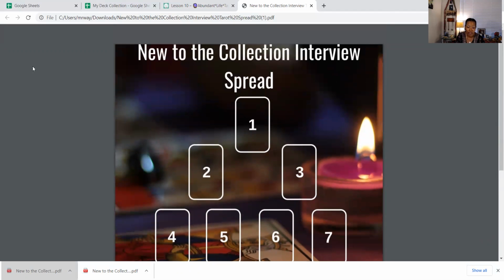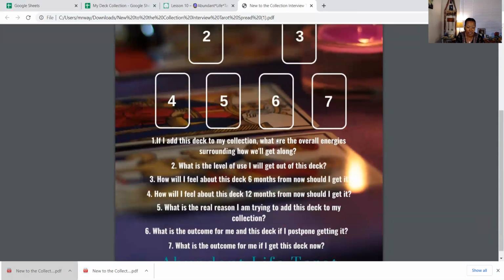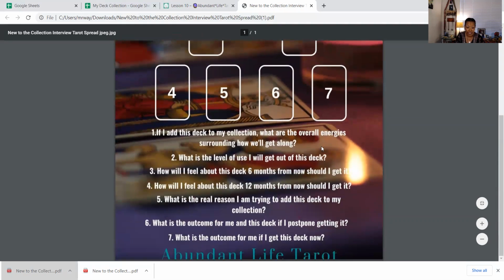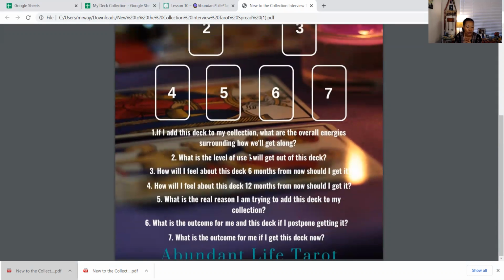Well, you can come here to the new to the collection interview spread, and you can ask your existing decks. It says, if I add this deck to my collection, what are the overall energies surrounding how we'll get along? What is the level of use I will get out of this deck? How will I feel about this deck 6 months from now? Should I get it? How will I feel about this deck 12 months from now? Should I get it? What is the real reason I'm trying to add this deck to my collection?